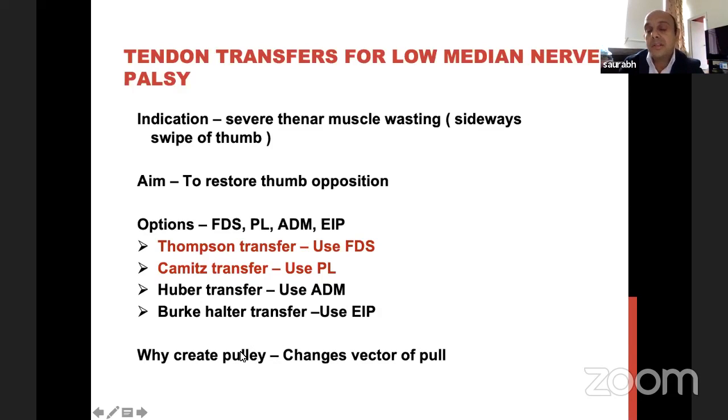Pulleys. Now this is another very fascinating thing in hands. We've got lots of pulleys. Basically what a pulley does is it changes the direction of your tendon, changes the vector of the pull, so it makes your tendon very efficient. For example, in hands, you have sesamoids in the thumb. You've got the pisiform where FCU is attached. You've got the hook of hamate. So we've got lots of pulleys which your tendons go around, and they